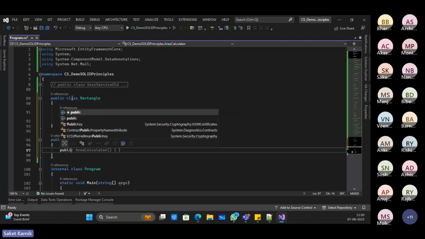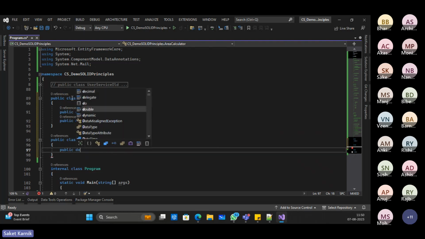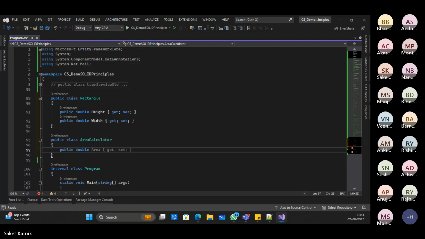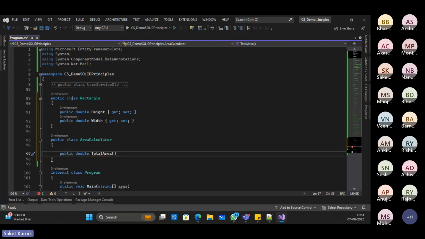So there is a member method, public double TotalArea, which takes in multiple rectangle objects and calculates the area for each individual rectangle and provides me the sum of the areas of all